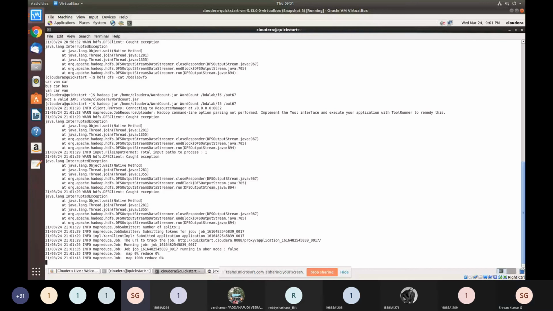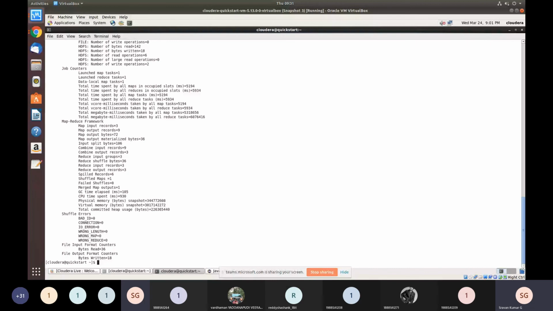Now I think you are seeing the prompt here. Now I'll check whether my execution was successful. My execution was successful. Now I want to check the output directory, whether it is out67 or out87. Out67. Now under out67, are there any files or not?